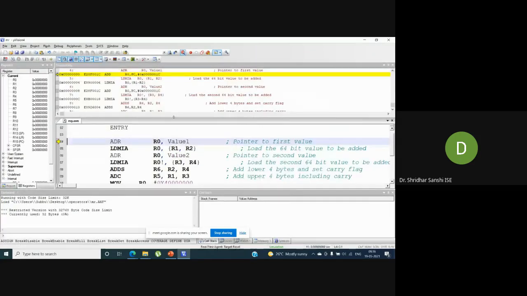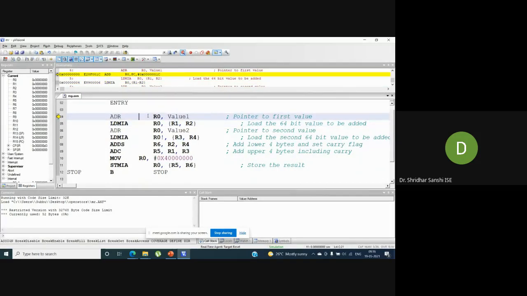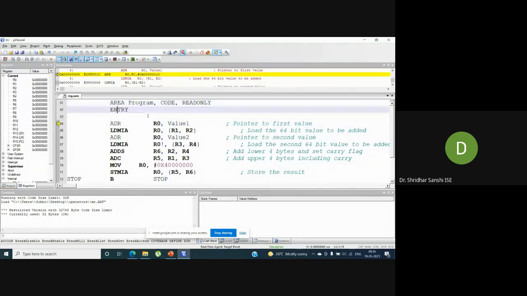I'm showing how to use multiple registers, how to load and how to store multiple registers. That's what this example shows. First I'm calculating the address of value 1, so I'm using the instruction ADR.